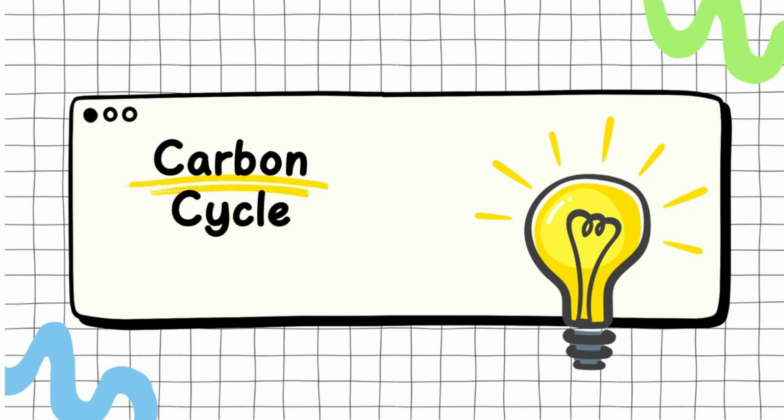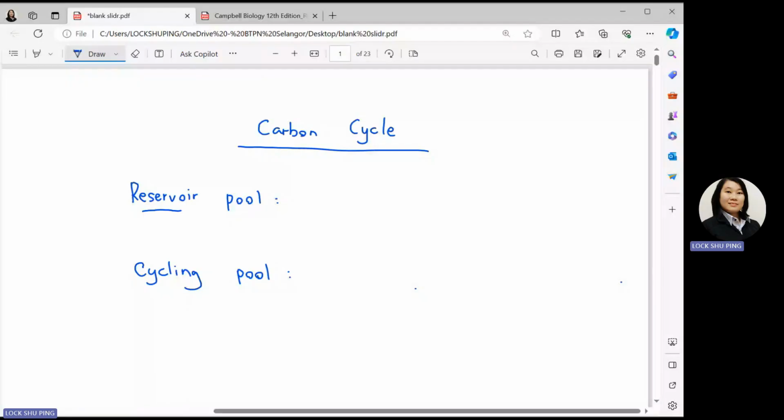Okay, continuing our discussions, now let us go through the carbon cycle. After the biogeochemical cycle, the first example that you have to go through is the carbon cycle. The second one is known as the nitrogen cycle. Okay, so before we start our discussion,